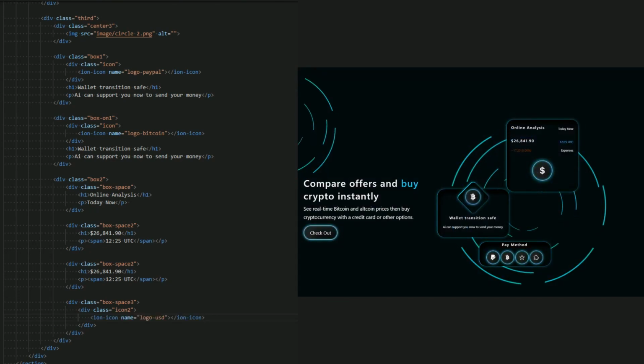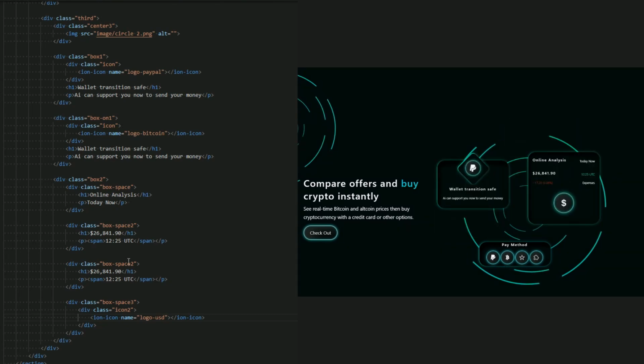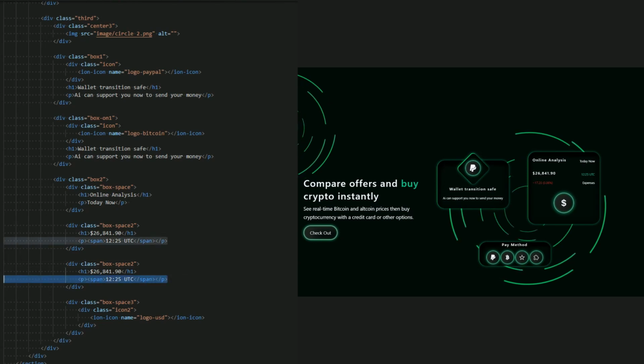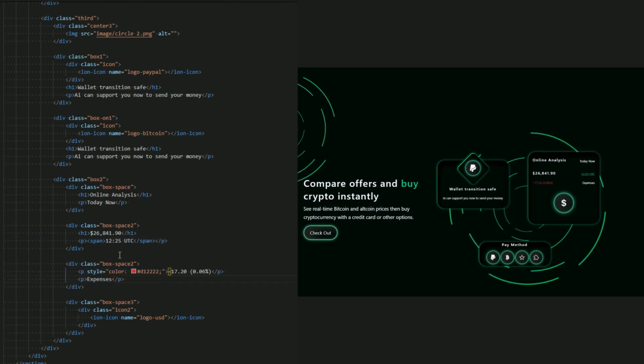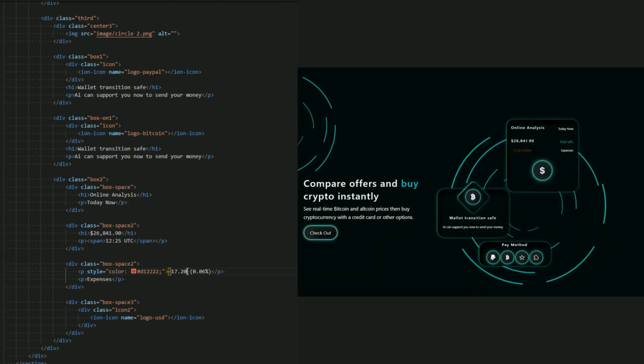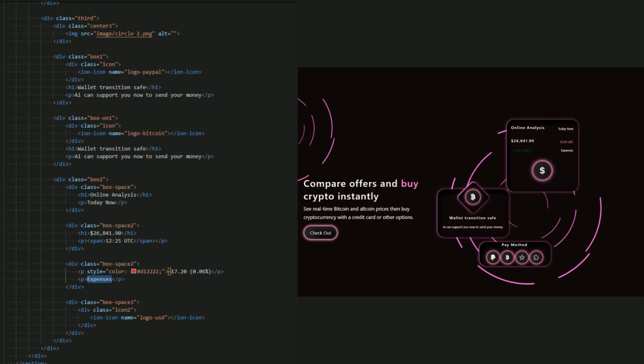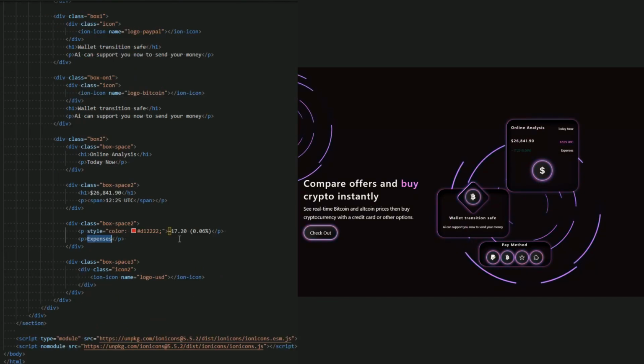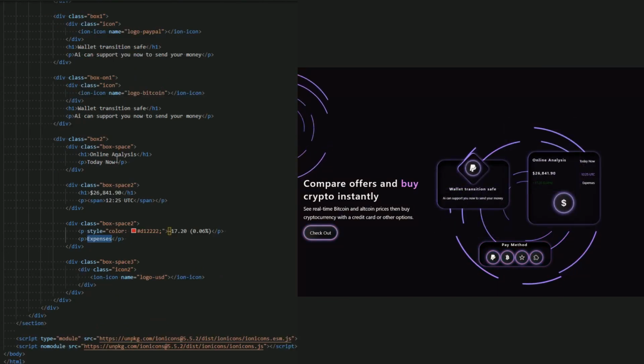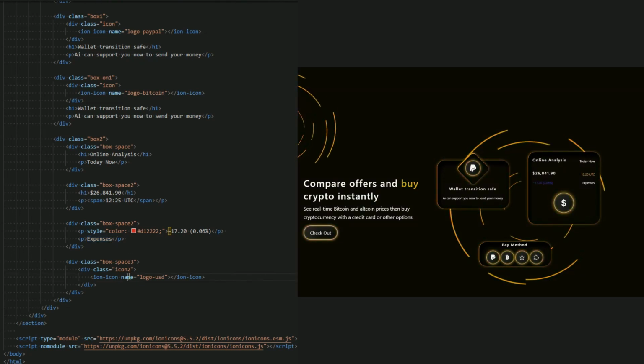Okay, and for this, guys, for this box space 2 that we added here, let me change this. Okay, we add the style of the color red for this to show that this payment is up or down, and okay, and expenses as you can see. Okay, this is our box 2 of this, as you can see, of the payment, and this text as you can see inside it with a logo of dollar.